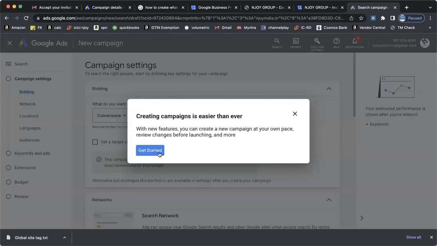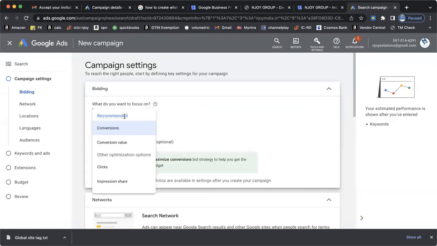अभी गेट स्टार्टेड। हाँ, तो यहाँ पे आपको बिडिंग स्ट्रैटेजी पूछ रहा है। तो कौन सा टाइप का बिडिंग स्ट्रैटेजी आपको सेलेक्ट करना चाहिए, किस तरह का चार्जेस आपके ऊपर एप्लीकेबल होना चाहिए। तो फॉर एग्जांपल आप अभी